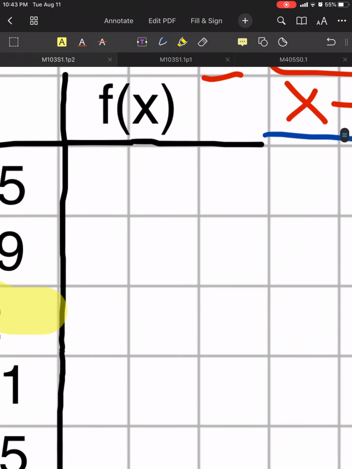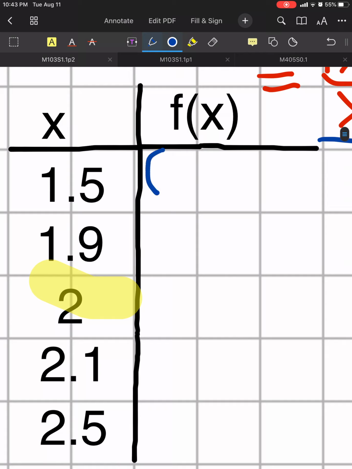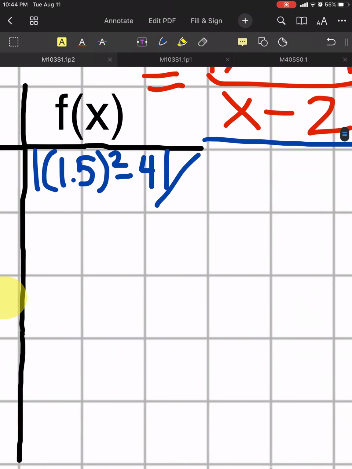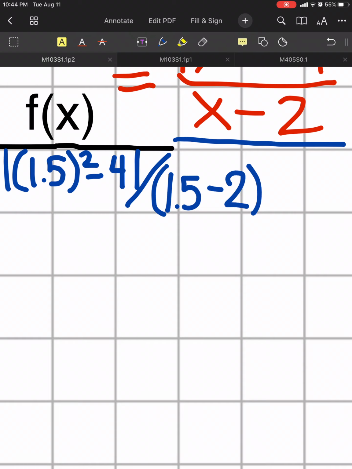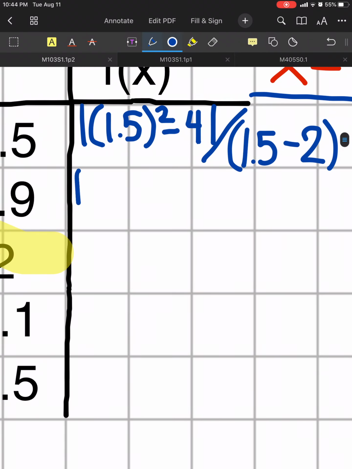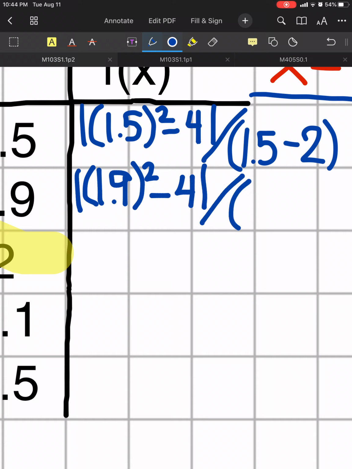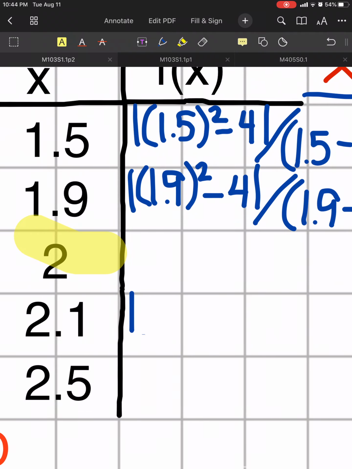Okay, so if everyone is back, we'll actually do this out. We get, hang on, absolute value 1.5 squared minus 4 on top, and on the bottom we have 1.5 minus 2. Those aren't absolute values there, though. That's just parentheses. In fact, before I do any more of this, let's actually write out these formulas for all of them. Next one's the same, except these are 1.9s. Remember, we're using this to get close to the 2 value. So 1.9 minus 2. And on the bottom, we're going to do the same thing, except these are slightly to the other side of the 2 value. In other words, here, 2.1